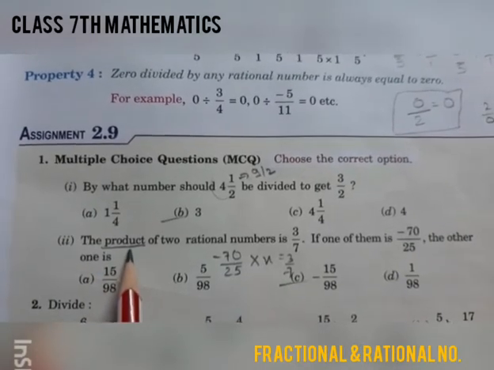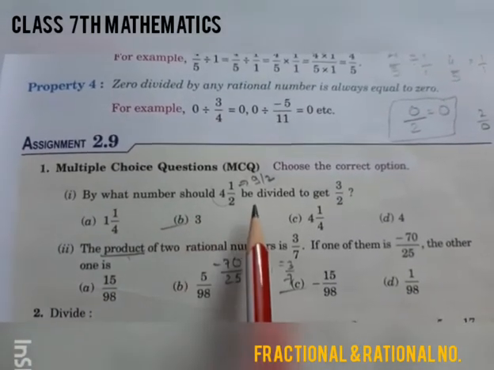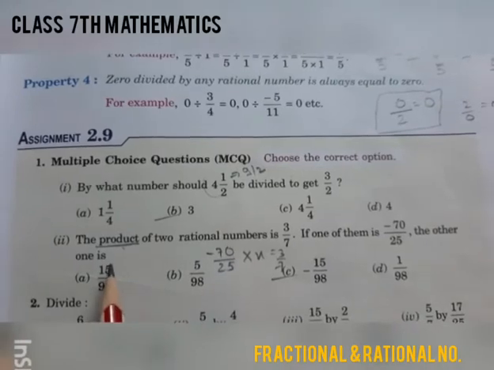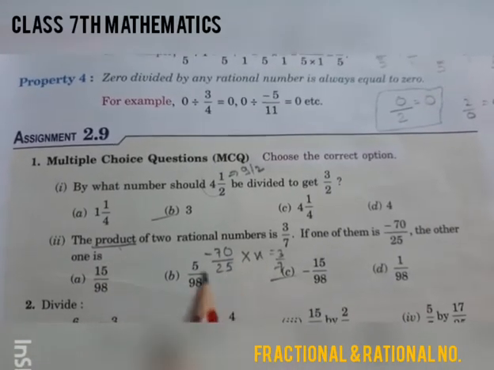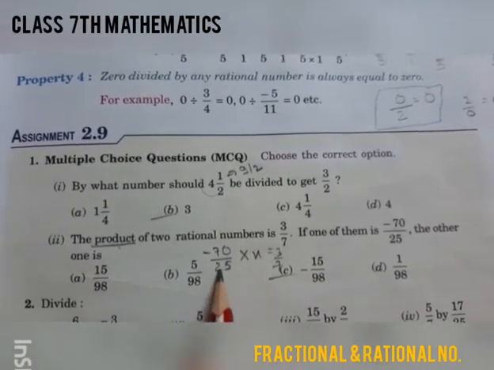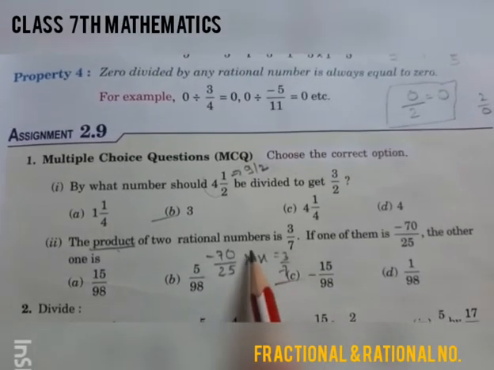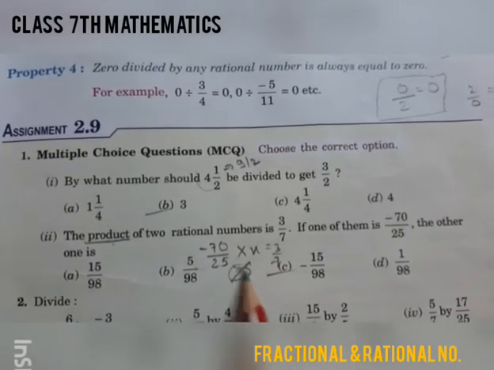Product मतलब क्या होता है? Multiplication. यहाँ पे हमको डिवीजन करना था पहले, यहाँ पे हमको सीधे दिया है कि प्रोडक्ट ऑफ टू नंबर्स इज दिस. If the first number is this, then what is the second number? So don't put here the sign of division. No, this will be wrong.